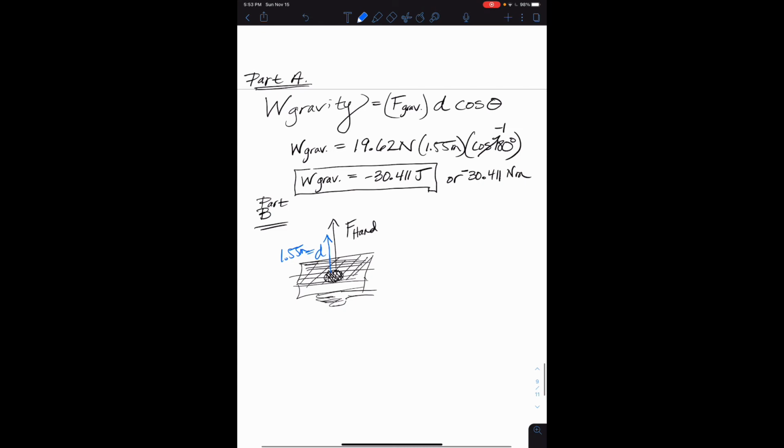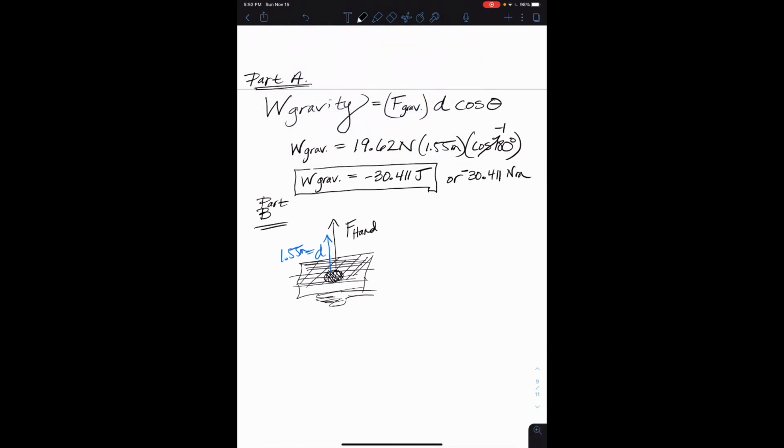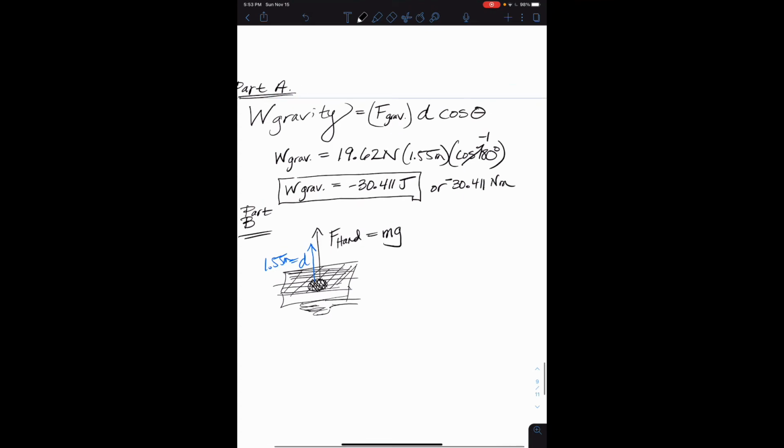Now, we can assume that the force of the hand is equal to the weight of the book. So this is going to be mg. So once again, I guess what we're assuming here is it's lifted at a constant speed, right? It's just enough force supplied to lift the book upwards. And so if that's true, that it's mg, we have 2 kilograms times 9.81 again,